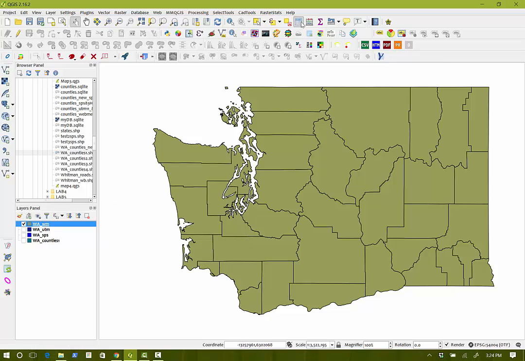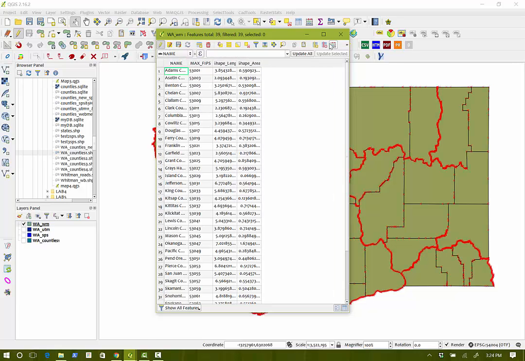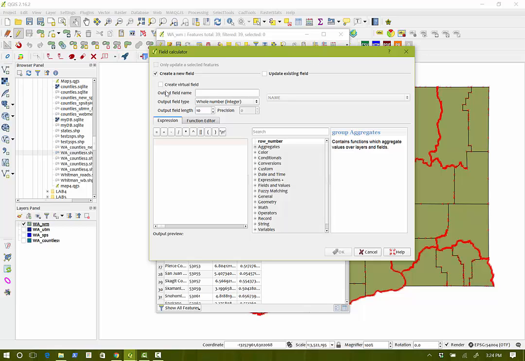Once again, open the attribute table, turn on the editor, open up the field calculator. We're going to call our field square miles. It's going to be a decimal field. We're going to type area $geometry